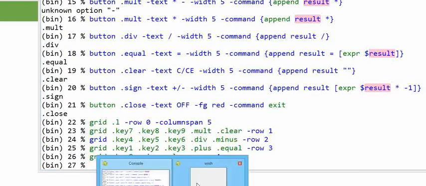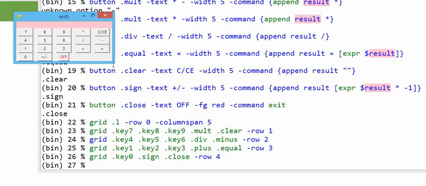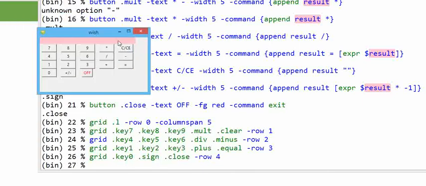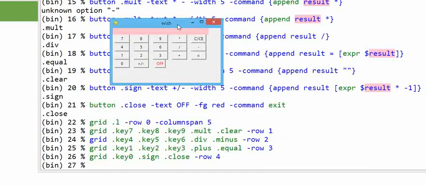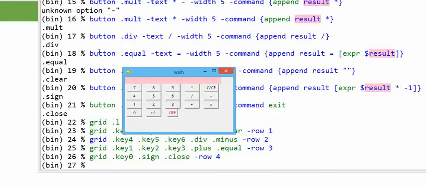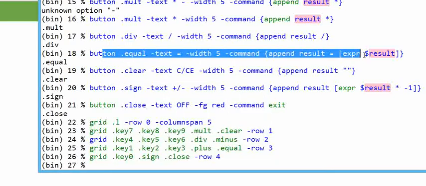Now we can verify on the screen how the calculator has appeared. Okay, so now we have this type of output. We have 7, 8, 9. We have made row number 0, row 1, row 2, row 3, and row 4. We can add some more buttons. Suppose I want to show an example, it is very necessary that the button dot equal statement is going to